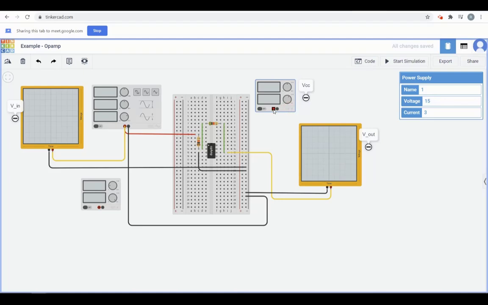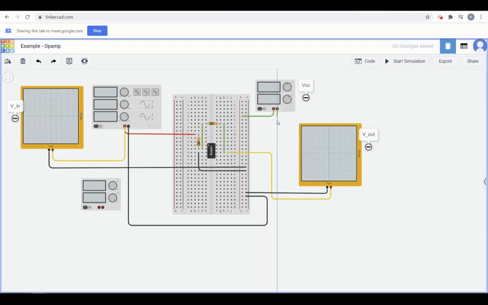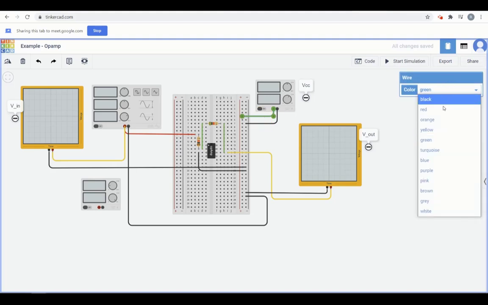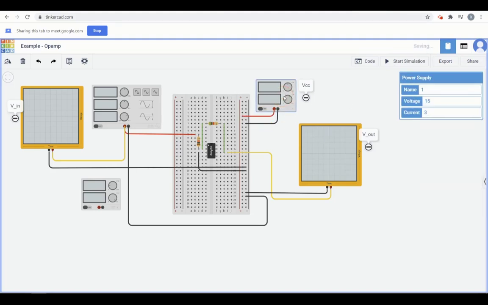So I'm going to make a connection. This is my positive rail, and this is my ground, right? This is what I called earlier ground. Okay, black. And I'm calling this red, just for reference.